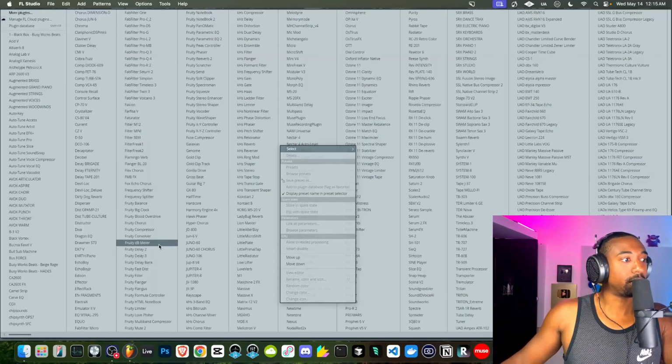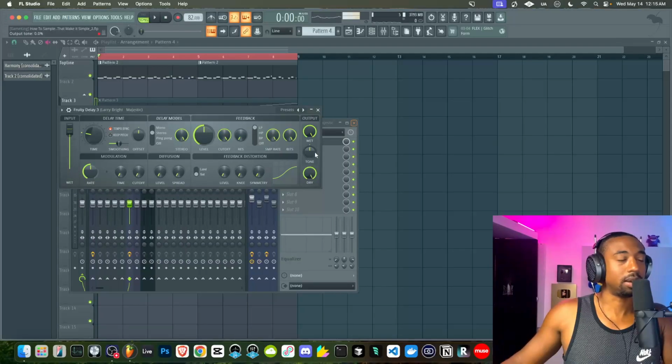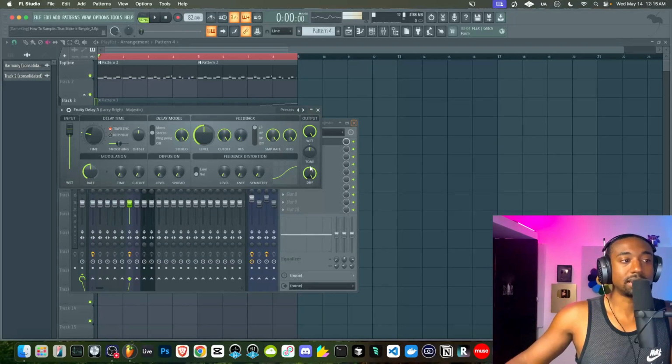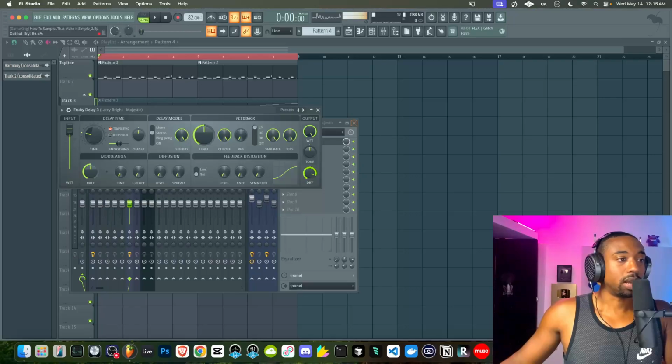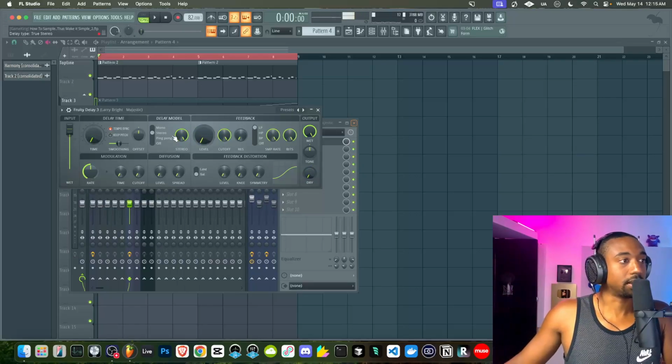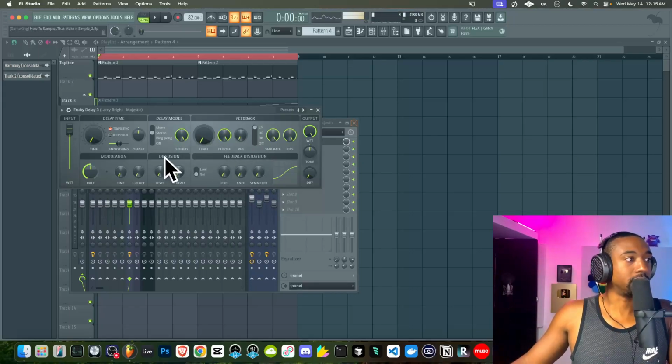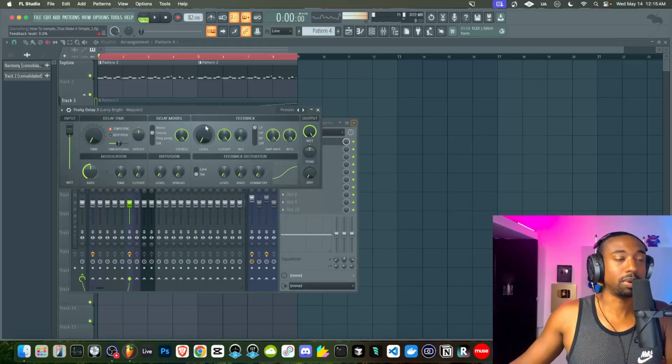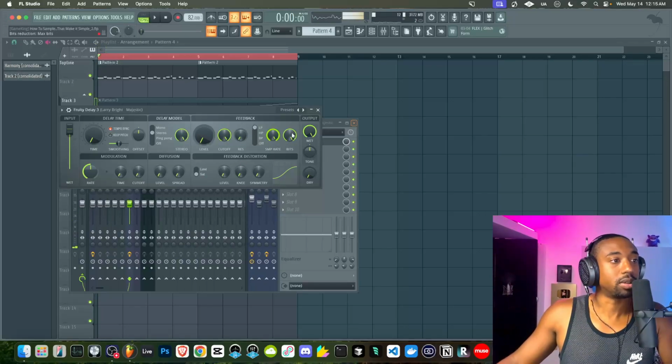Let's open up the plugin Fruity Delay 3. Why Fruity Delay? This isn't a delay, but basically when you turn the dry level down, turn the feedback level down, turn the delay time down, everything else becomes an effect. So there's a lot of effects in here. We can do chorusing, we could do flanger, we could do pitch wobble, we could do diffusion, which is like a slight chorus. We could do feedback, distortion, we could do limiting. So you could do everything, filter, downsample. People don't even know this exists. So now we have this.